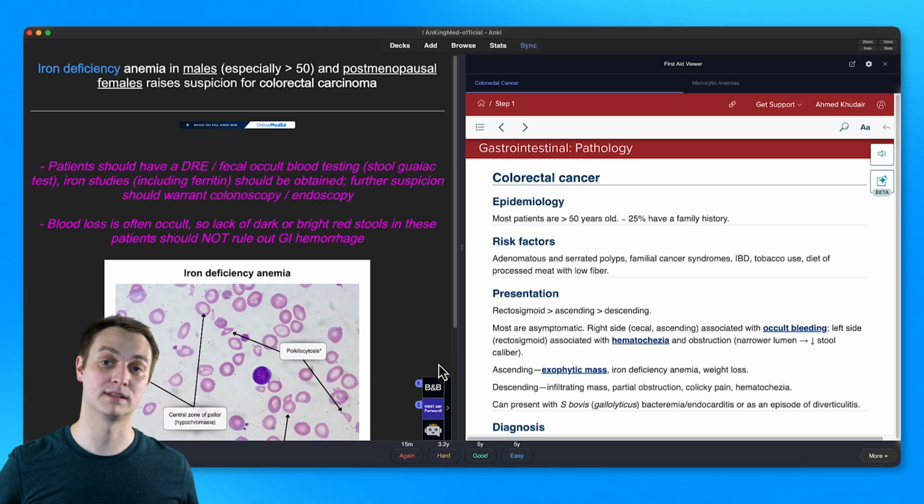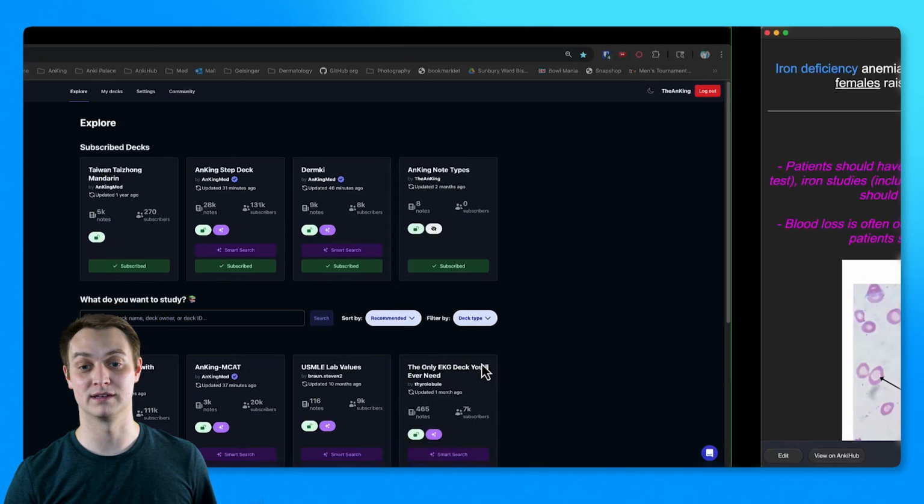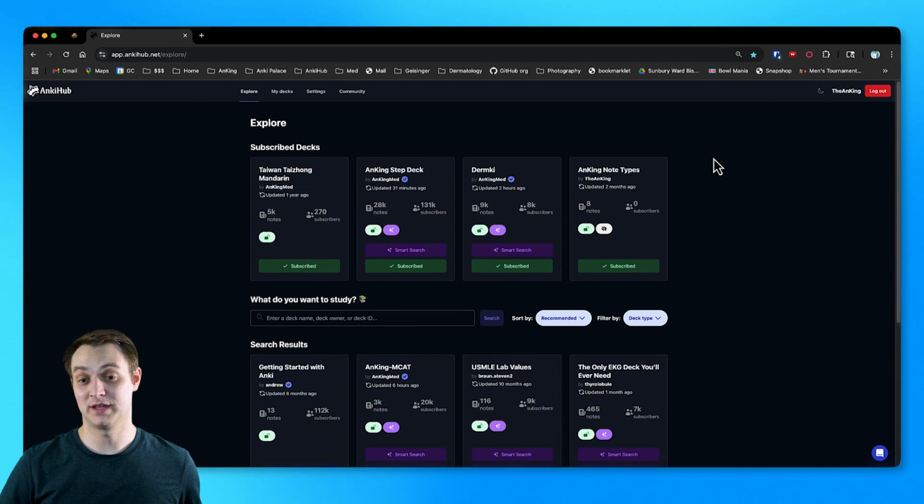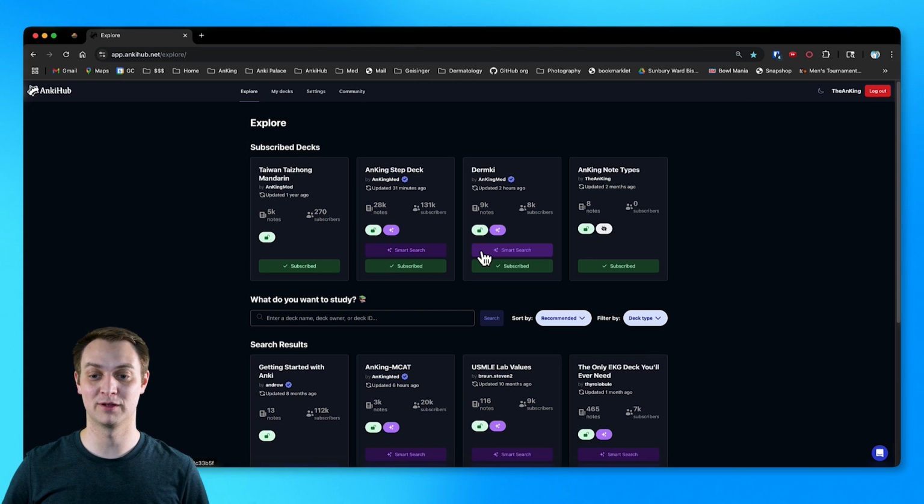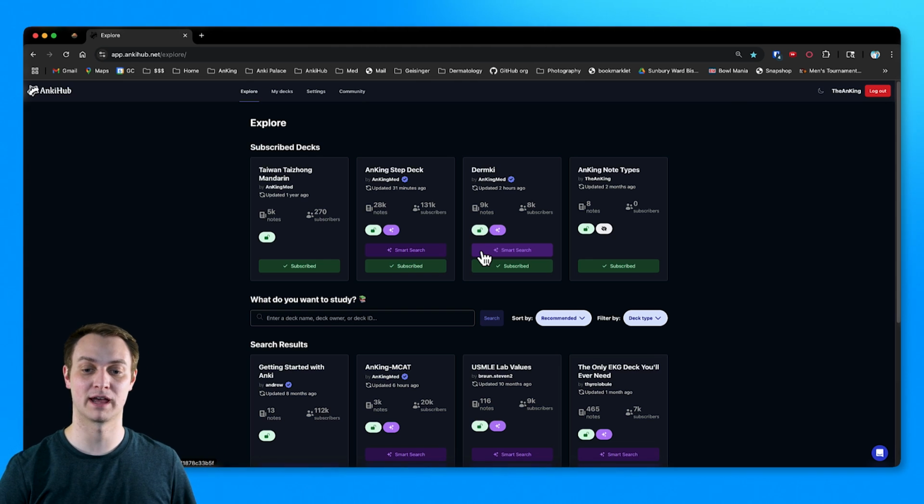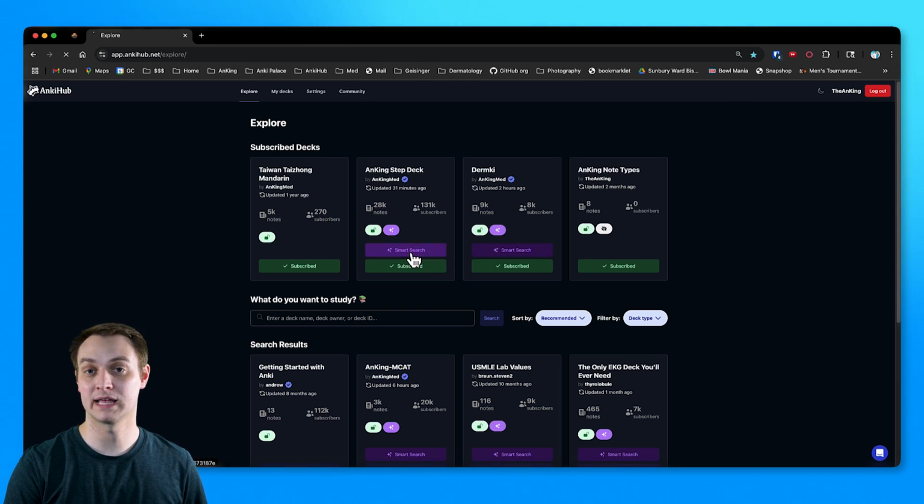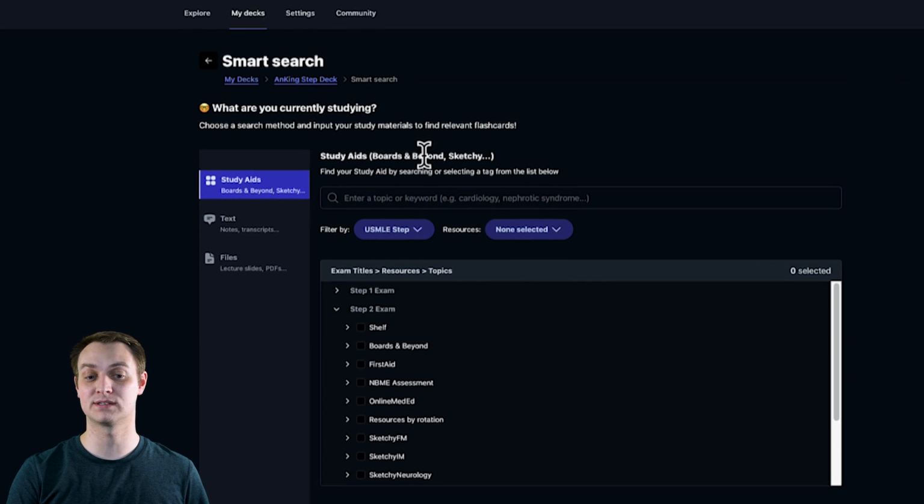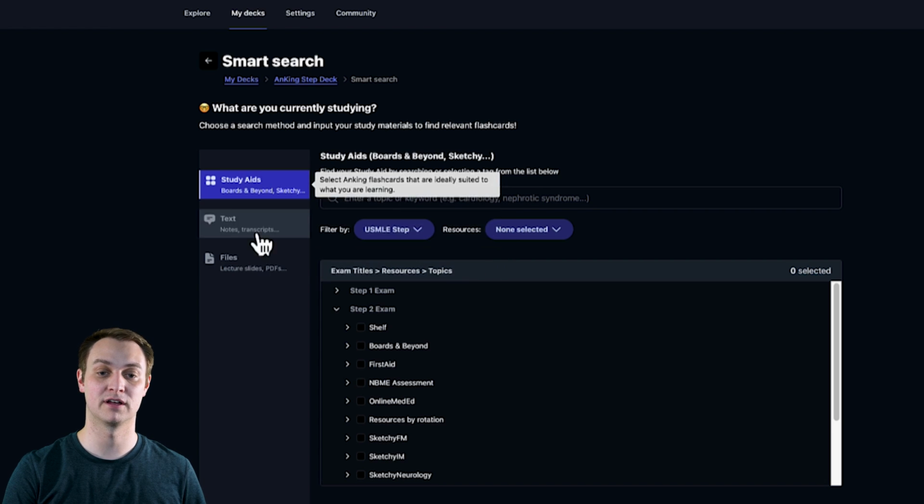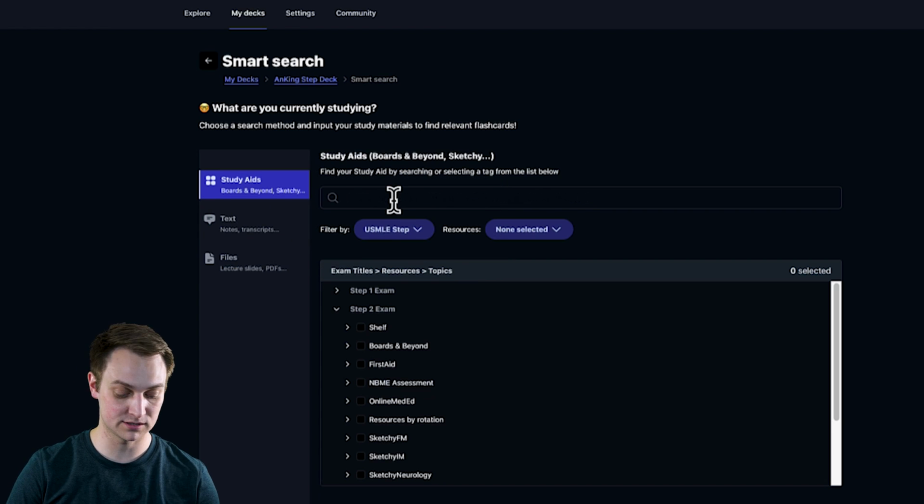I'm going to go over to the AnkiHub website and show you how the smart search feature works. All right, so you can see already on this screen which decks are enabled with the smart search, and we're trying to get more of them enabled as time goes on, but most of these popular decks will have that. And you can go ahead and click into that. It's going to pull this up, and immediately you can see your study aids, which is one way to search. Text and files are another way to search, and I'll show you that in a second, but just to start,